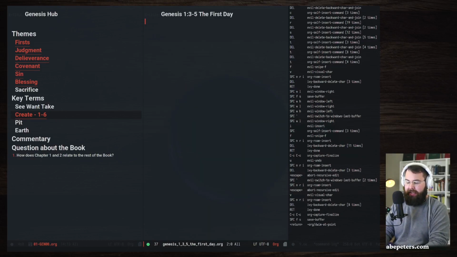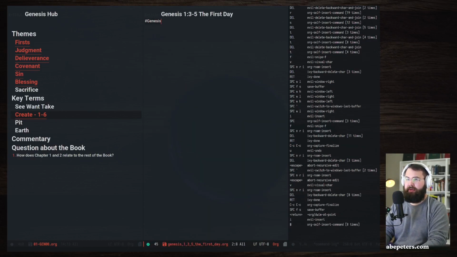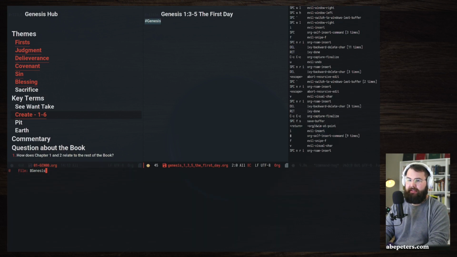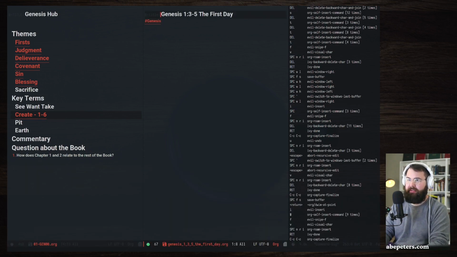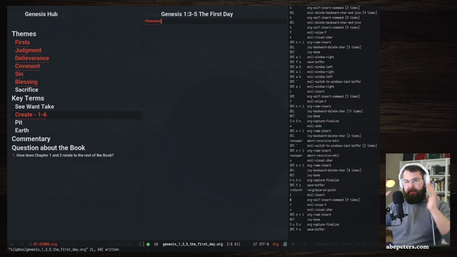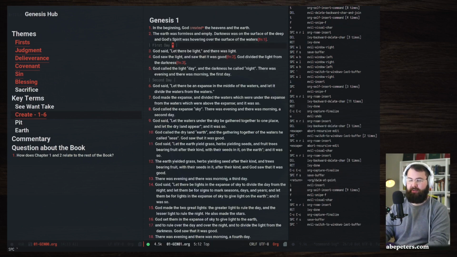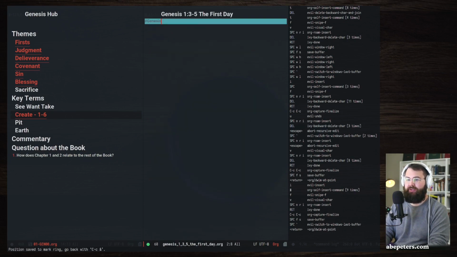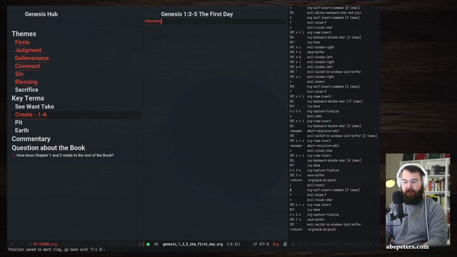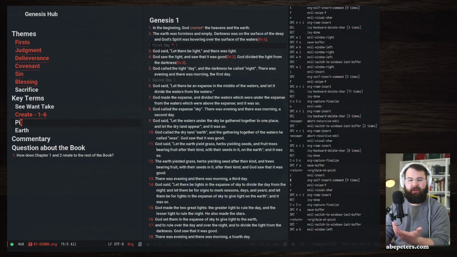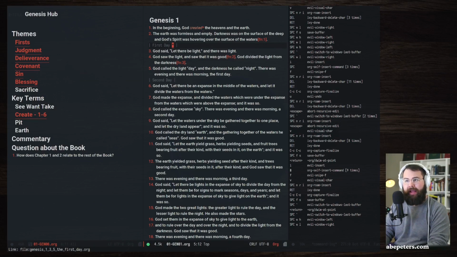And right here, I use this to create links. I just do hashtag Genesis. So this is kind of going farther here as far as how to create notes. But the different types of notes here, you've probably seen this already, but you have your actual hard links, which are just actual hyperlinks, like these links here. This asterisk is just a hard link here. But then you have your hub note, which is its own kind of note link type thing where all of them are created. And then you have